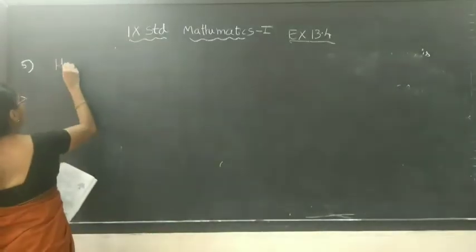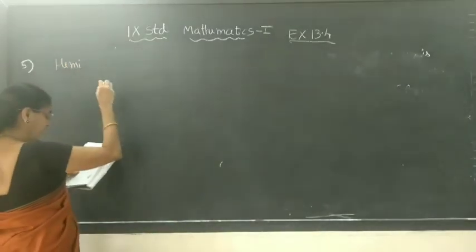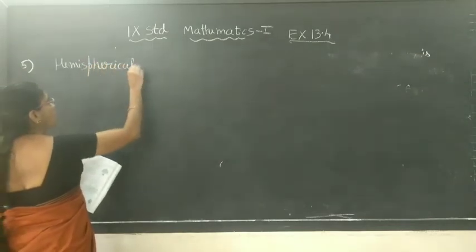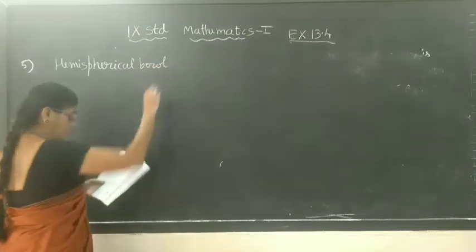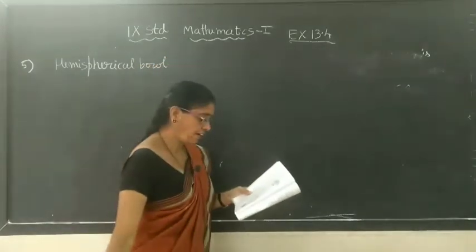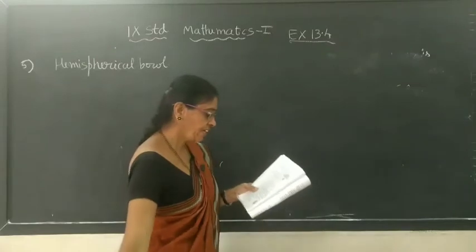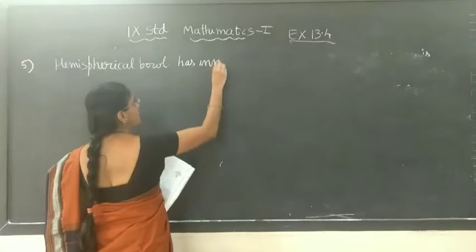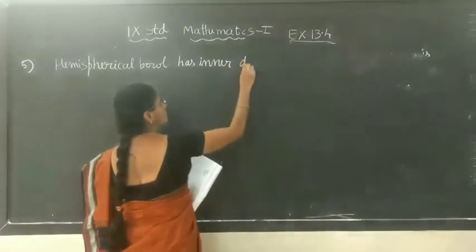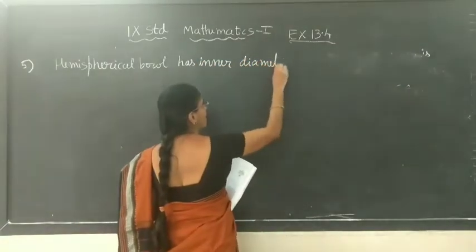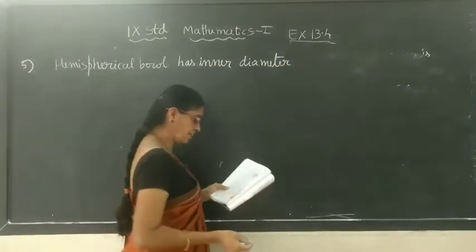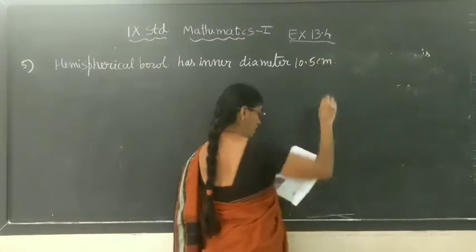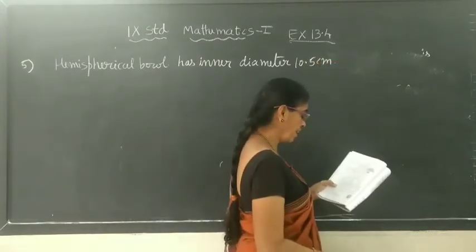Hemispherical bowl made of brass has inner diameter 10.5 centimeter. Find the cost of